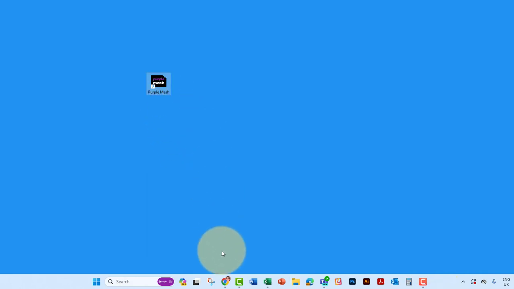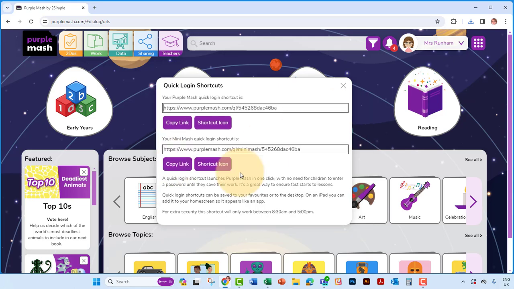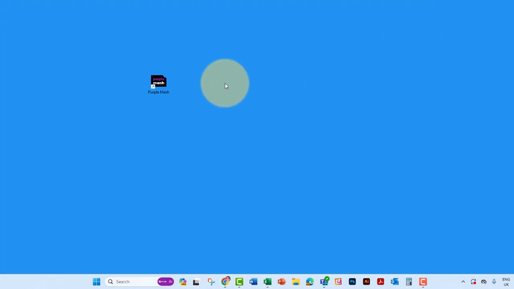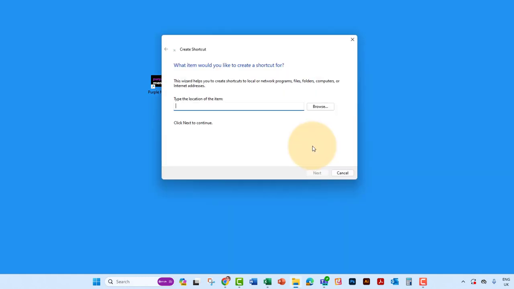Now let's make a link to Mini Mash. I'm going to go back into Purple Mash, select and copy the Mini Mash link. I'm also going to download the shortcut icon. That's also now in my Downloads folder. I'm going to close Purple Mash, right-click on my desktop, go to New and Shortcut, paste my item in, click